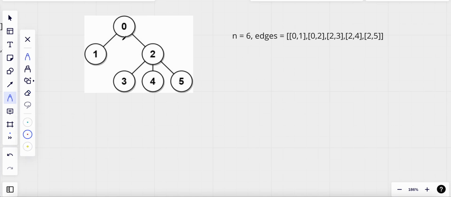So we are given the number of nodes from 0 to n minus 1, so it ranges from 0 to 5. And we are given the edges, right? And what we are going to do now is find the distance between all of the nodes. One way to do this is that first of all we need to